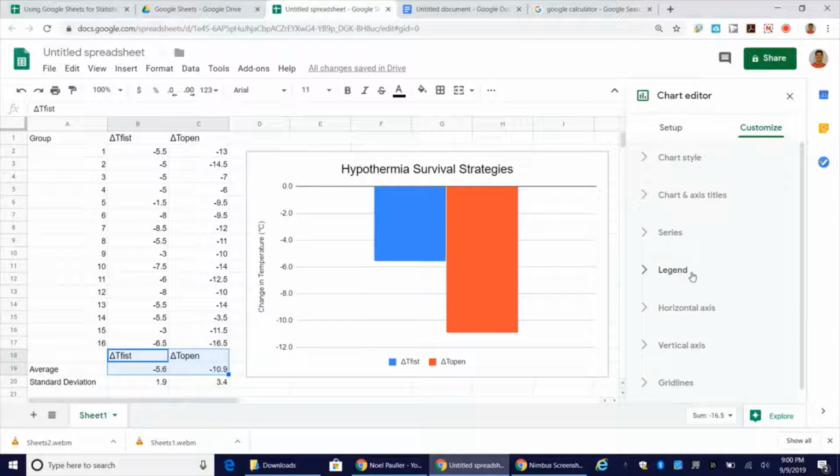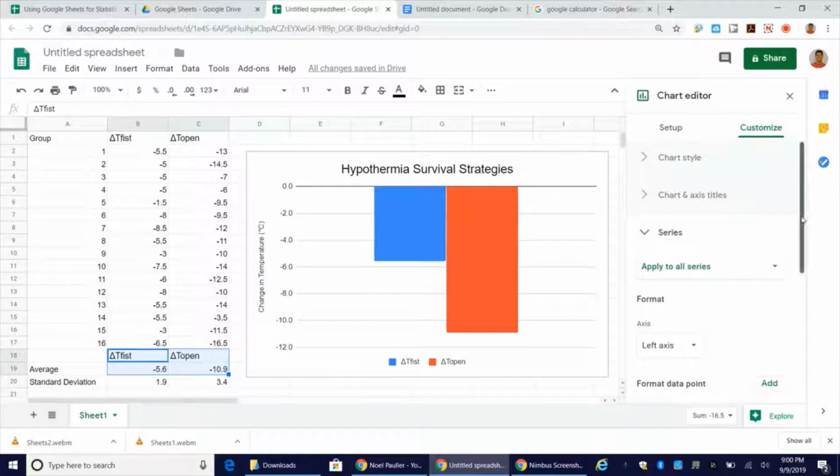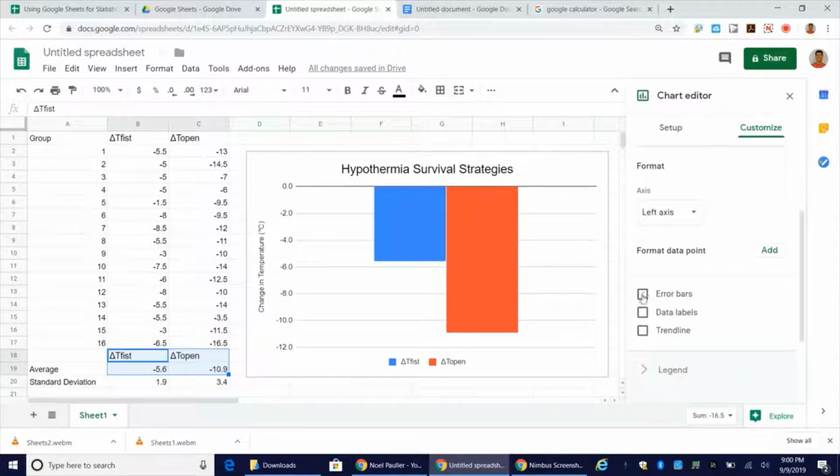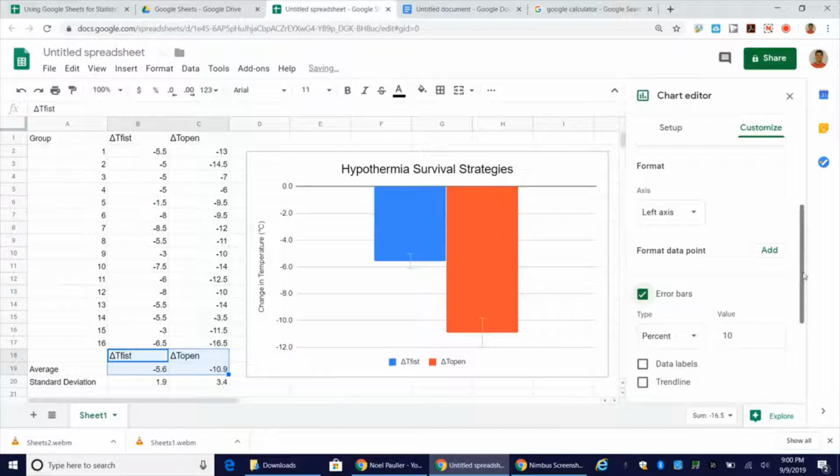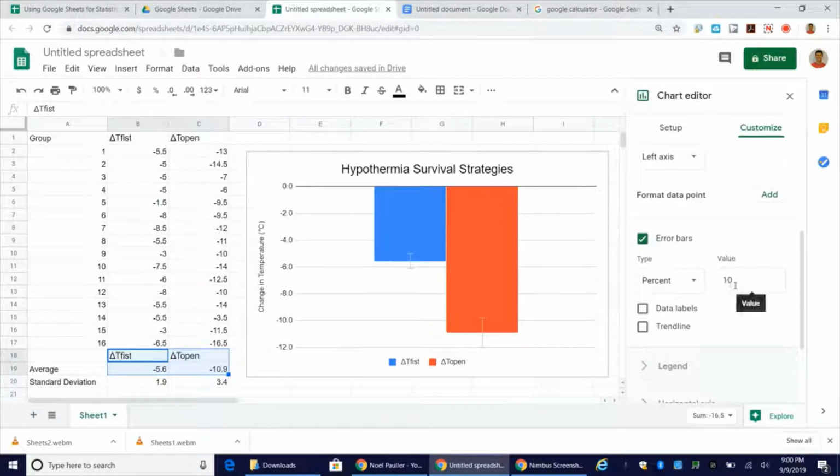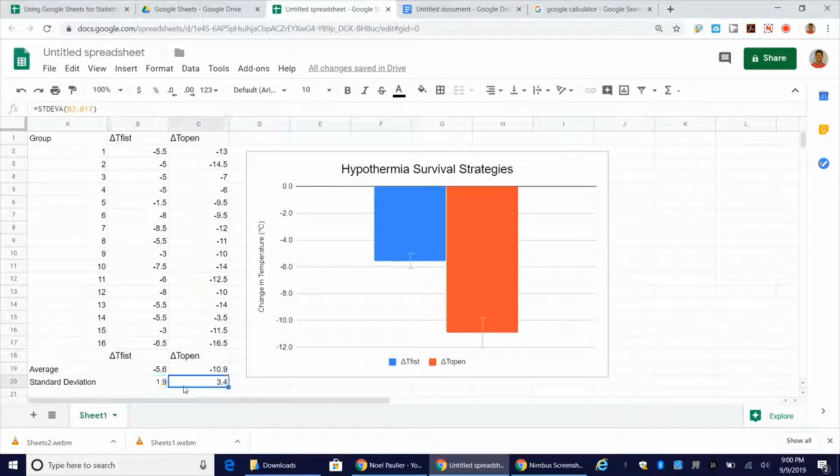The final thing that we want to do to this graph is to go under series, and we are going to choose error bars. Now the default in Google Sheets is to give error bars which are 10%. My other options are none or constant. I want to save this at percent. That's going to allow me to do what I want. But I'd like the size of the error bars to be given by the standard deviation values. So I'm going to take those values and determine what percent they are of the average for the trial